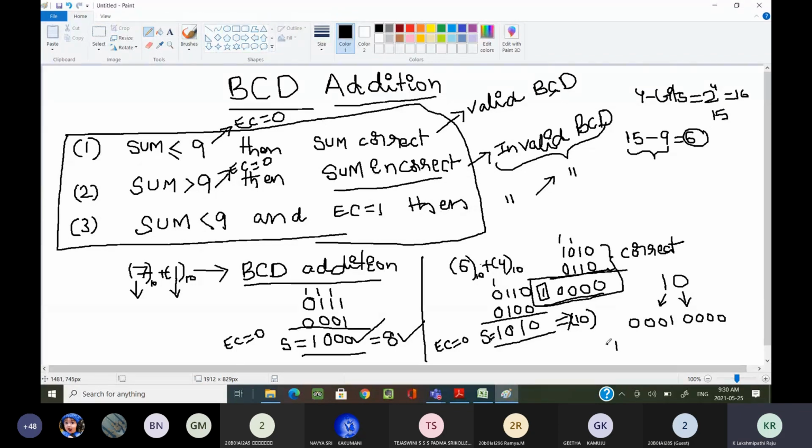I am writing 1 here and appending 3 zeros in front of this one. Do we have any problem if I append 3 zeros in front? No, sir, we don't have any objection. Now what is this value?